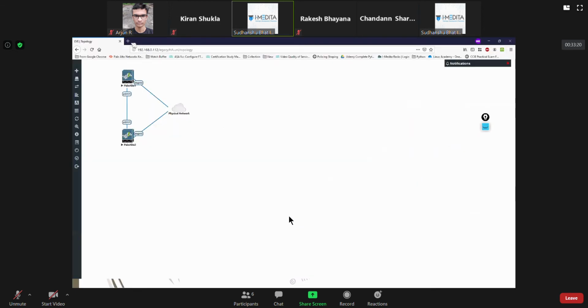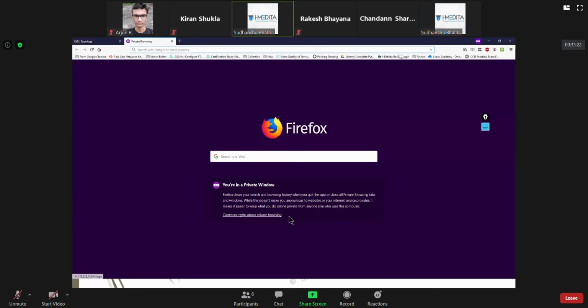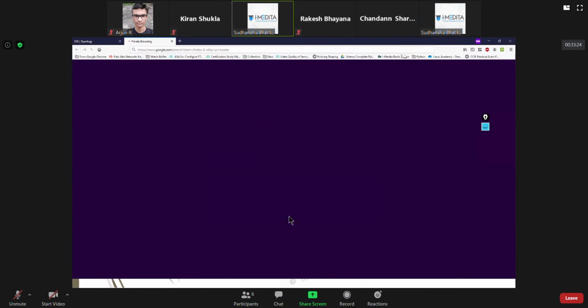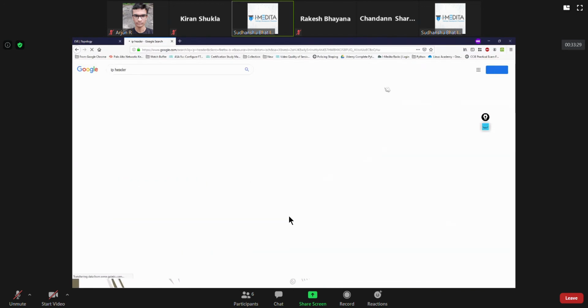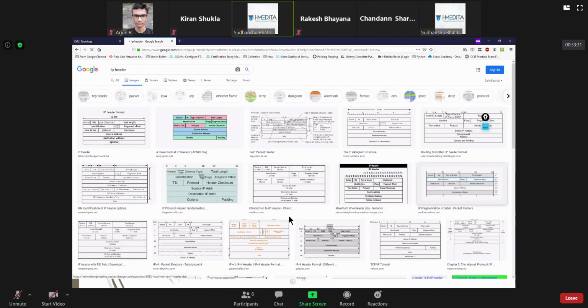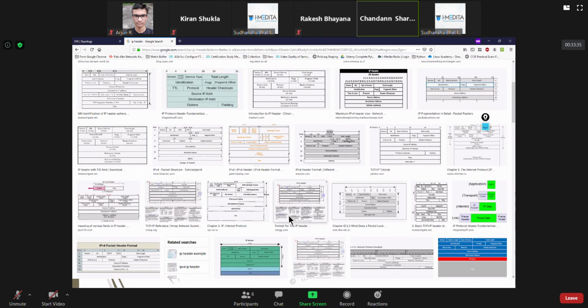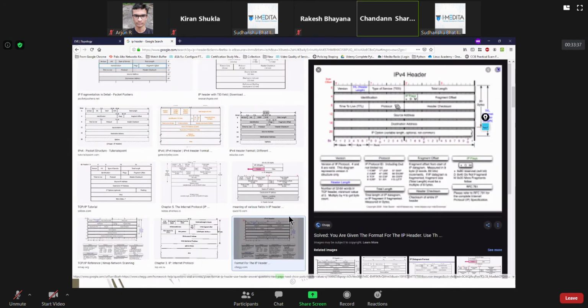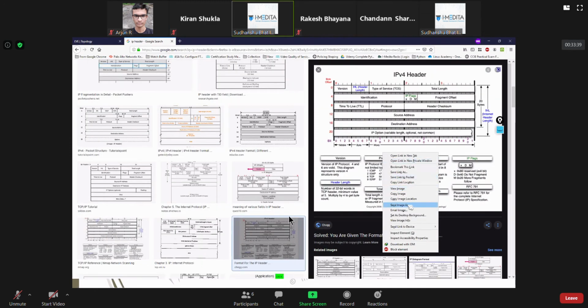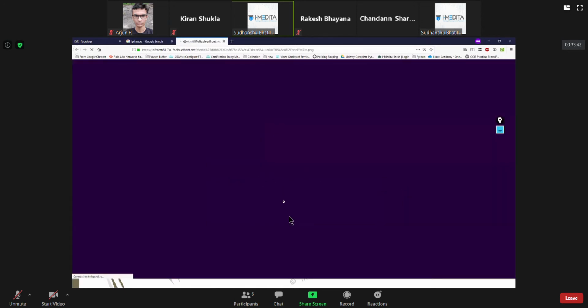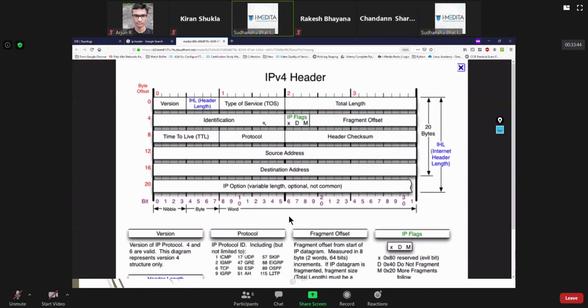I'll just quickly refresh with the IP header. Mostly routing protocols work on that layer, but there are many other things. You see here, this is the field that I'm talking about.